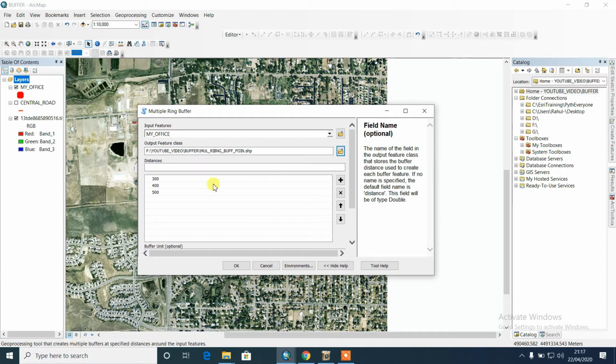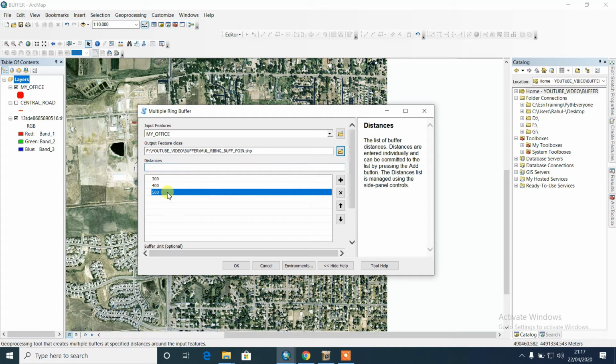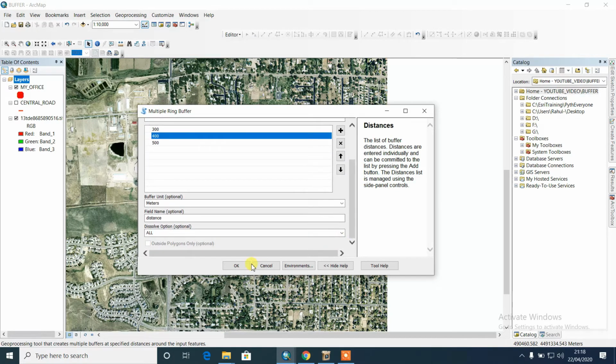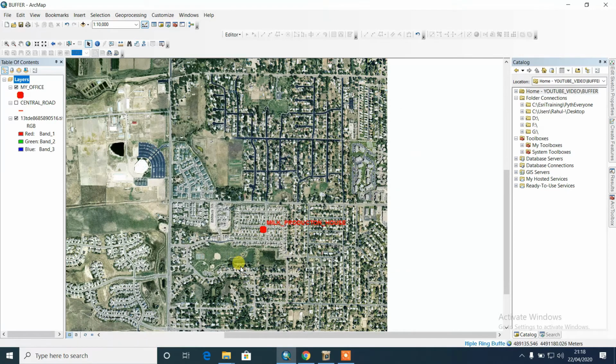And another thing: suppose you want to delete something or you input something wrong, just select it and click here, and it is automatically removed. Then okay, it's making the surprise buffer, the multi-ring buffer. After making it, you can easily understand the difference between the actual buffer and the multi-ring buffer. It's preparing the output, so we have to wait.